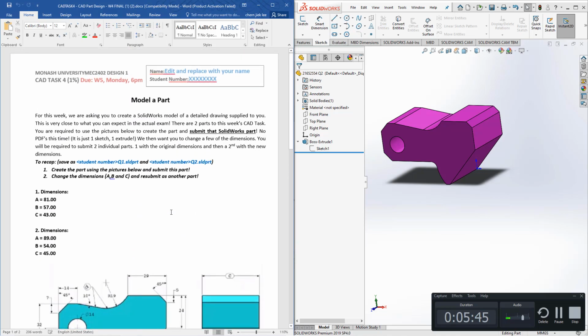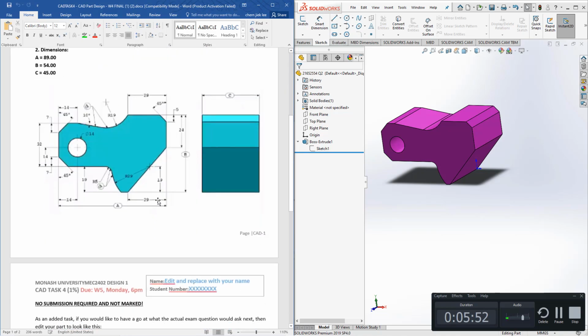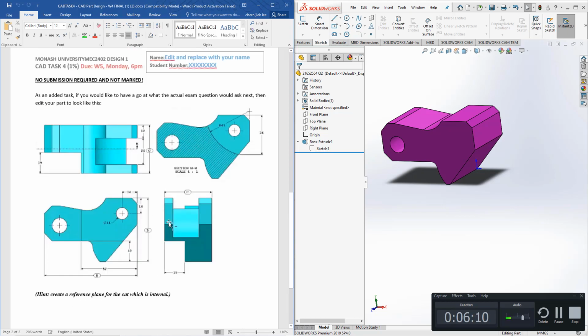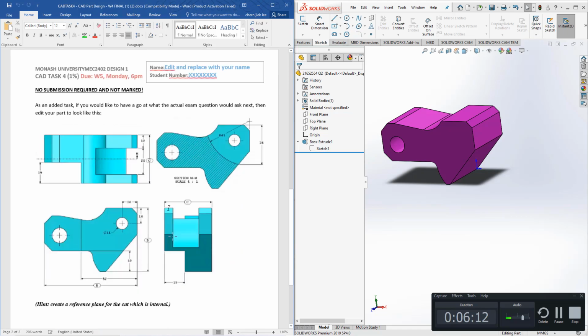it is because in CSWA, Part 1 and Part 2 are not considered even one question. There's actually a third part here where they will ask you to modify this shape here. This is optional for your CAD task assignment, but I strongly recommend you go back and practice this. Practice finishing this. Try to create all these sections here,